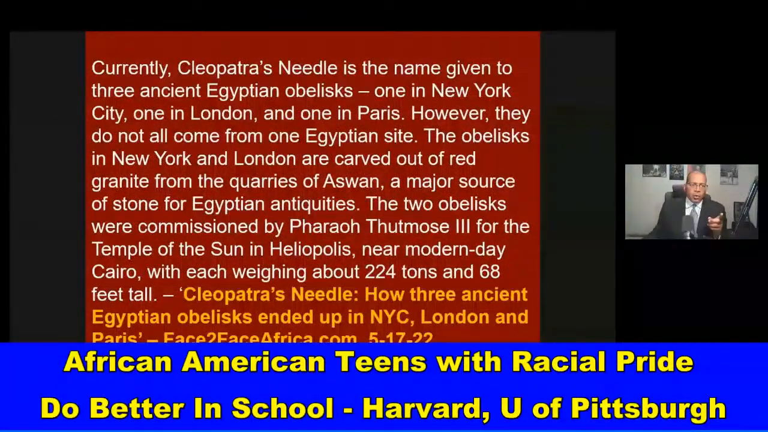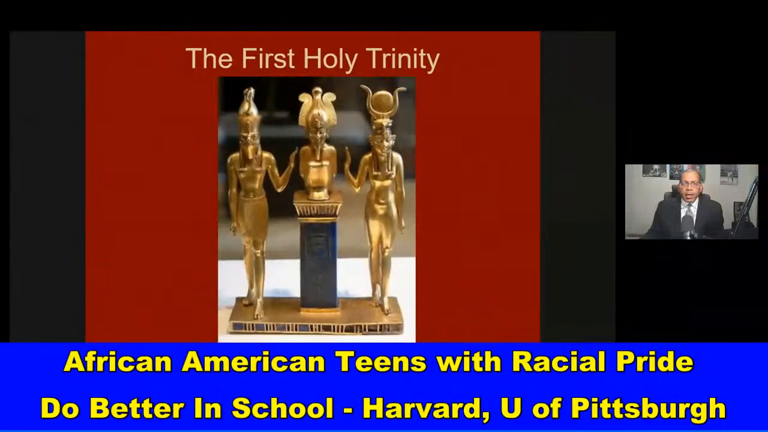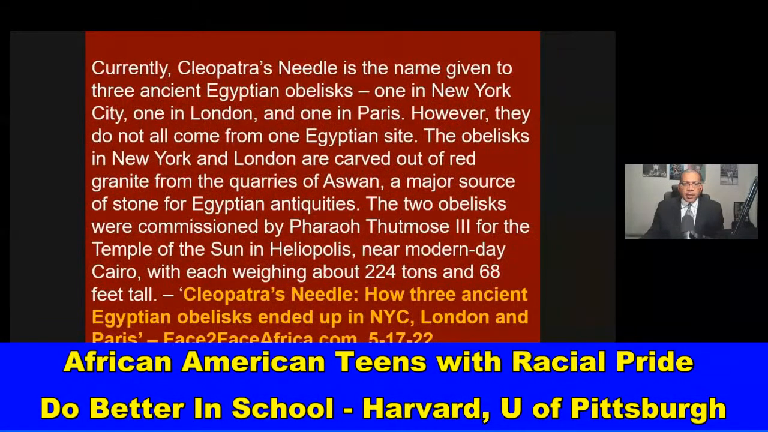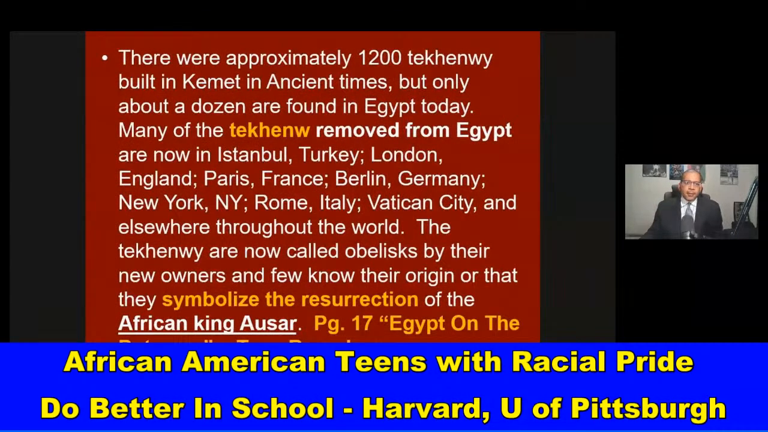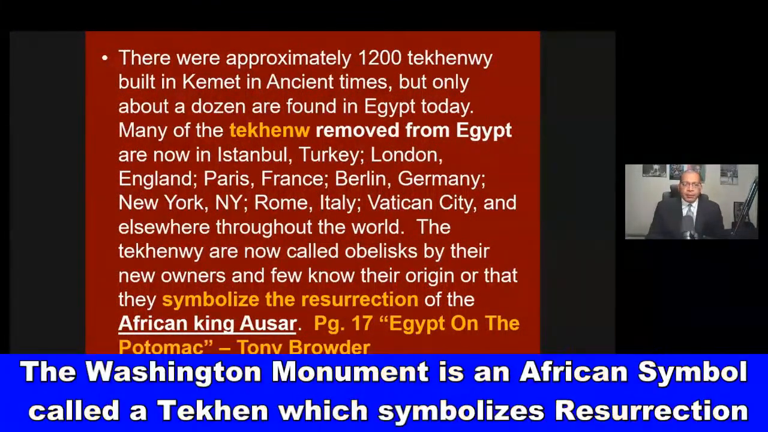There's a good article called Cleopatra's Needle, how 3 ancient Egyptian obelisks ended up in New York City, London, and Paris, France. And the tekken, or the obelisk, comes from the story of Asar, Aset, and Heru, who the Greeks called Osiris, Isis, and Horus. There were approximately 1,200 tekkenu built in ancient Kemet, but only about a dozen are found in Egypt today. Many of the tekkenu removed from Egypt are now in Istanbul, Turkey, London, England, Paris, France, Berlin, Germany, New York, Rome, Italy, Vatican City, and